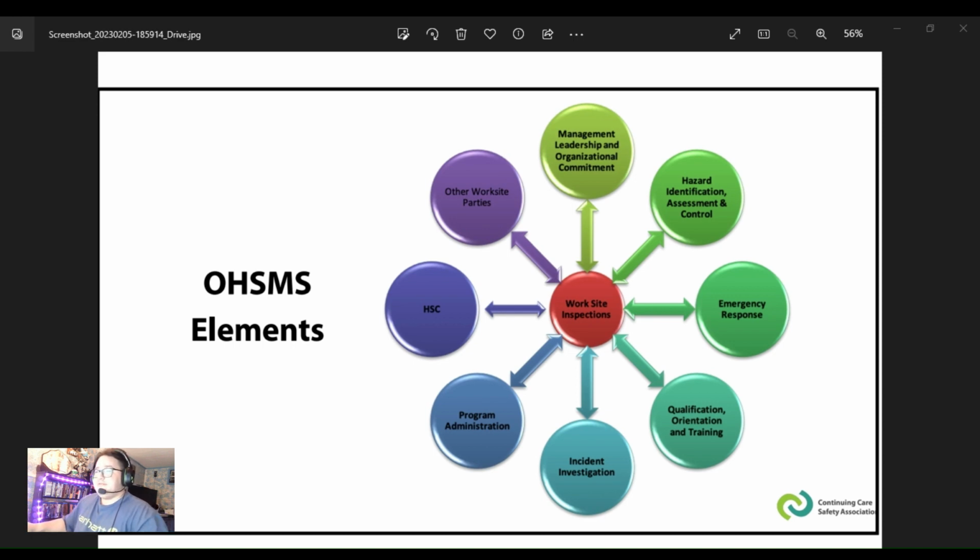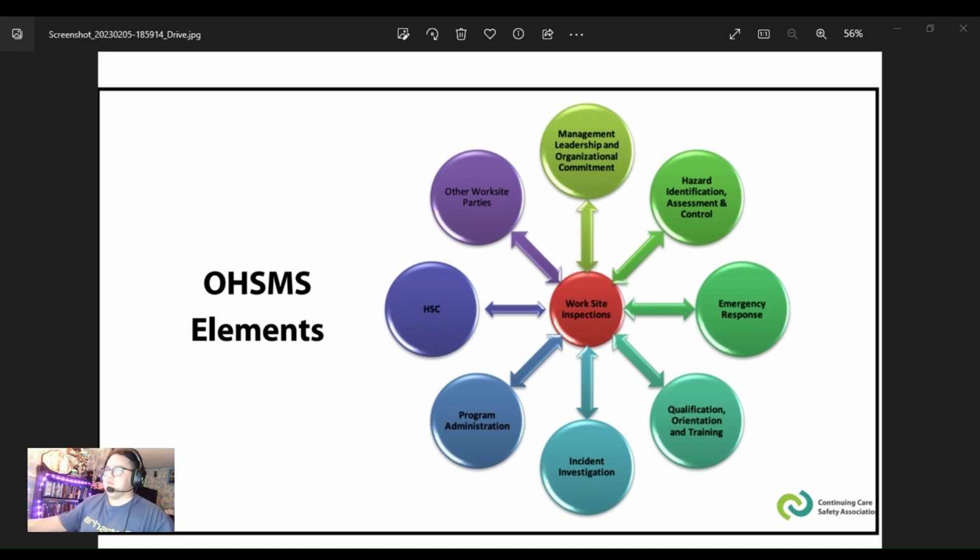And here we see a little graph. Everything that goes into worksite inspections, we also get out of it. Really, they're just the elements. So we have health and safety committees. They now play a role in the workplace inspection process, hazard identification and assessments. Inspections will be on the lookout for hazards as an integral part of the inspections. Hazard controls: the inspection team will be doing a follow up on controls that have already been implemented.